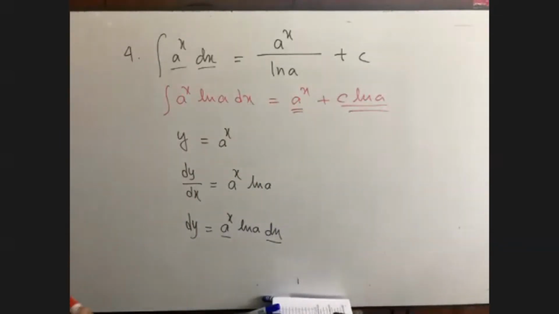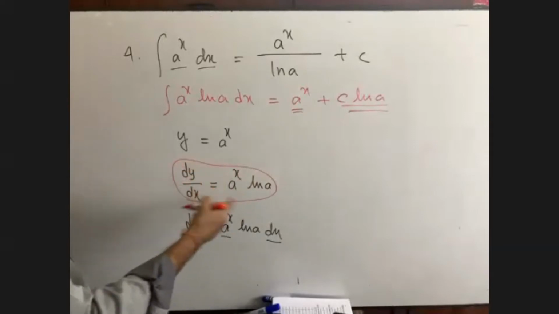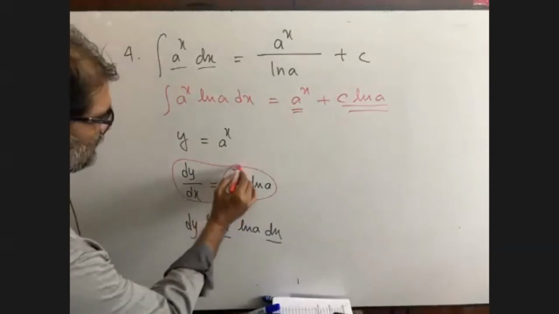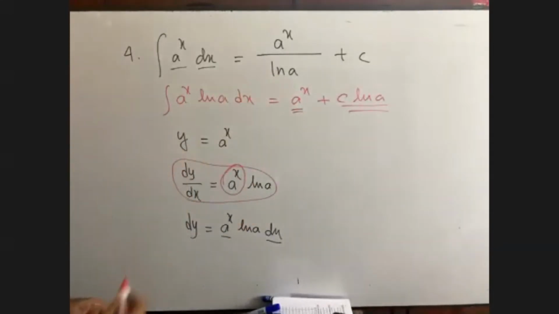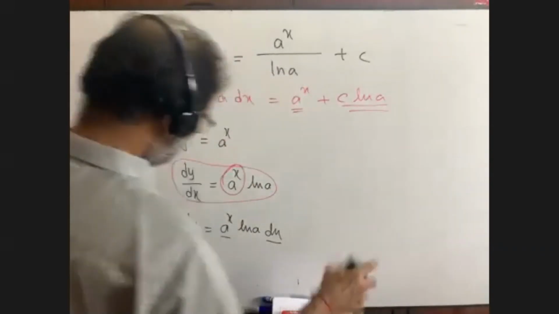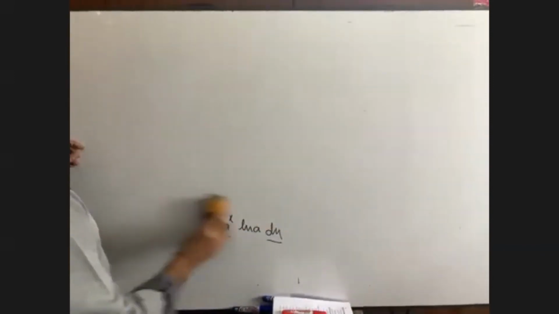So if you can remember this part, then you can find its integration. Actually, we are going to find the integration of a to the power x. So ln a will be divided. For this, it is divided. Nothing else. That I told you for the last math. Okay, anyway, we are going to do some other formula.